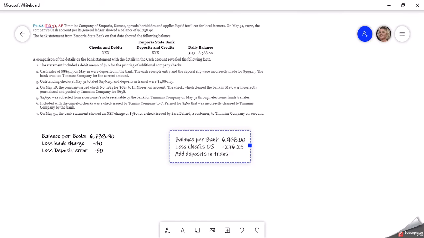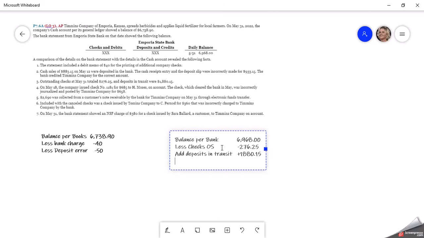So we also know that we received some cash that the bank hasn't received yet. Those will add. Okay, that's